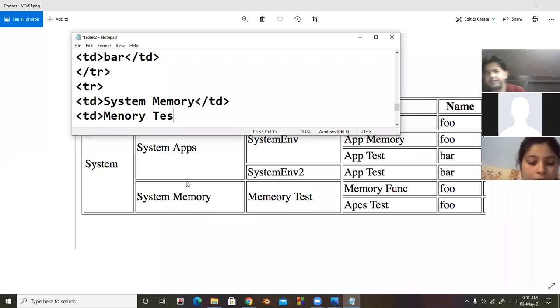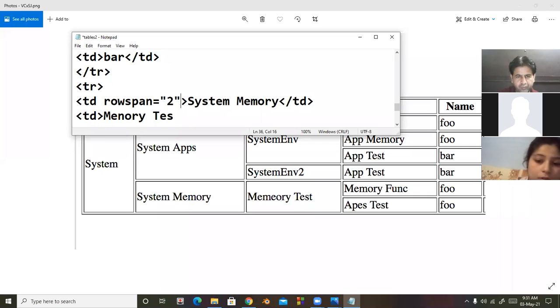Okay students, in system memory we are merging two cells. So here is row span equal to 2, and in the second td again two cells are merged, row span equal to 2. So these cells are merged.